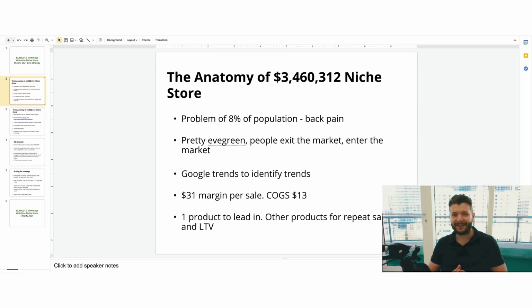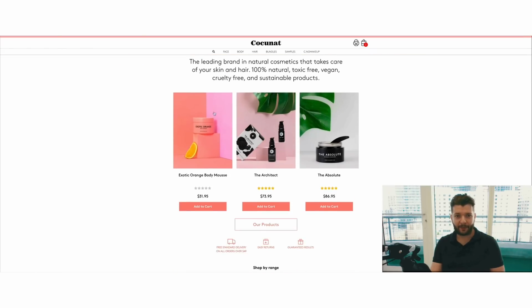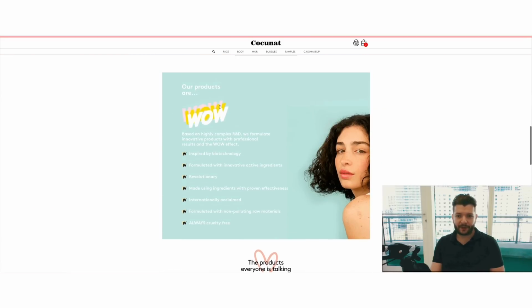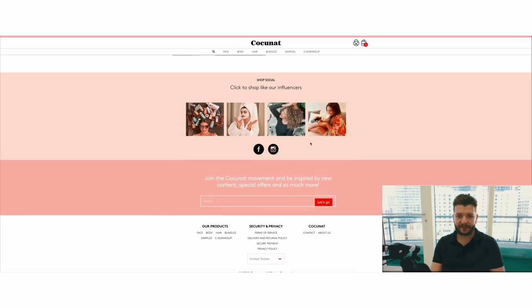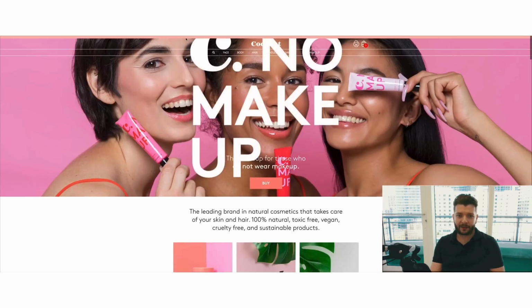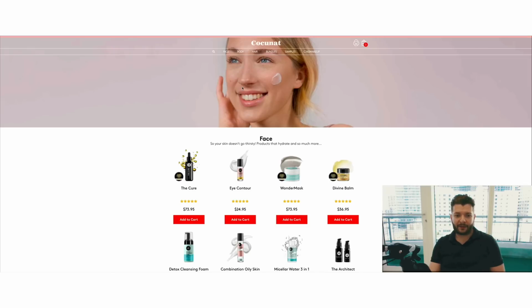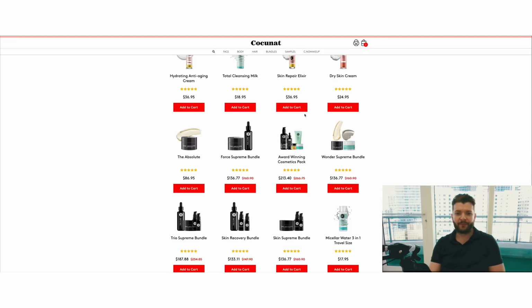And if you see any successful company, right? I like this company a lot. You might see their ads. They're a very, very fast growing, amazing company. You can see their whole message is focused around the ladies with curly hair, and that's their margin, the market they're in, right? So you'd want to identify that market. And now you can see they expanded with more products that serve the same market. This is how you build